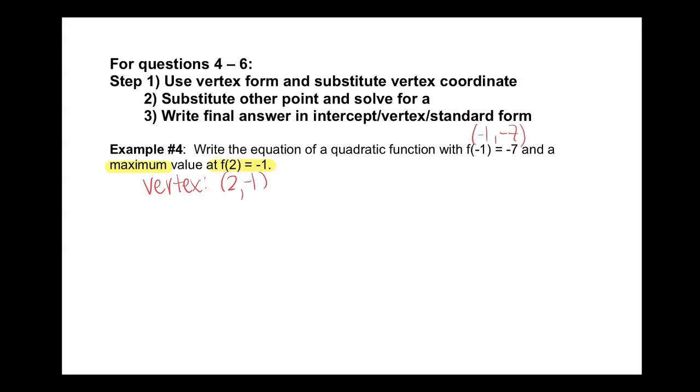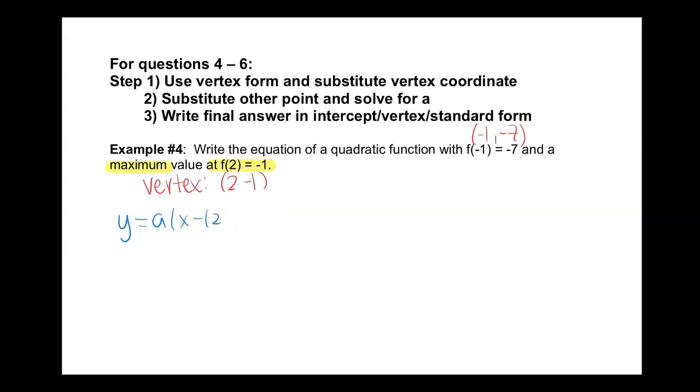This is acting as the y-intercept on the last page. So when I read that first question and said use vertex form, you're given a vertex. Use vertex form. It's quick and easy. And then we'll substitute the vertex coordinate. So thinking back to the first page, y equals a, x minus h, this is x, this is h, x minus h,